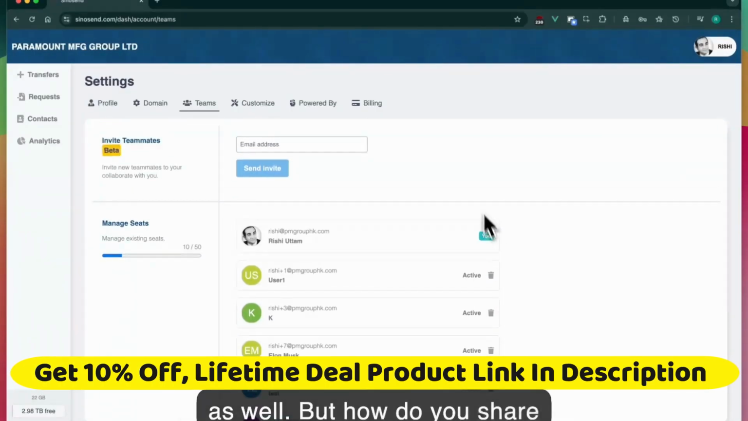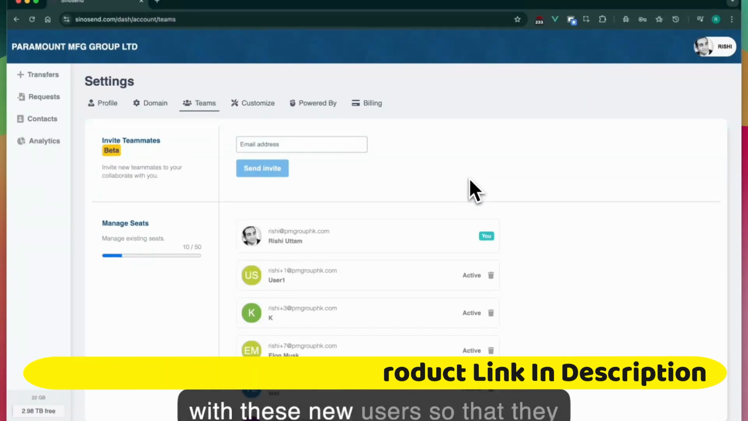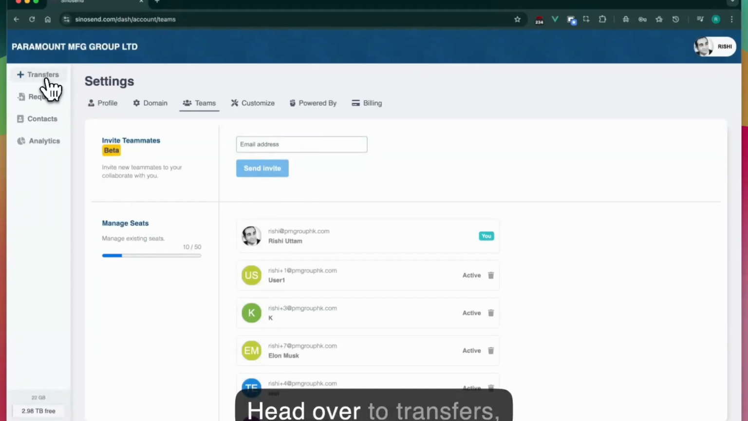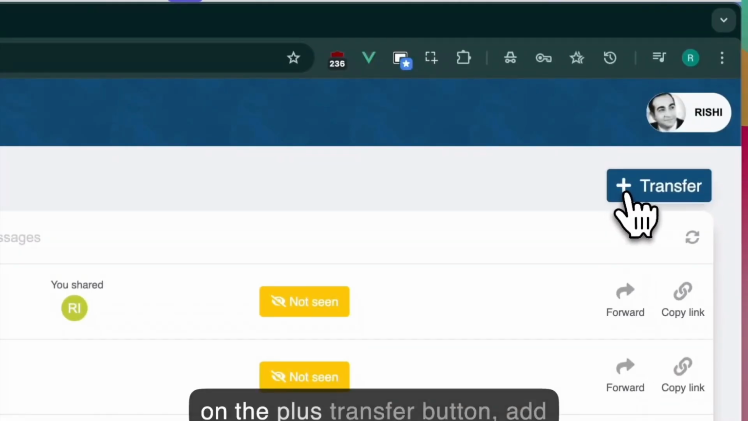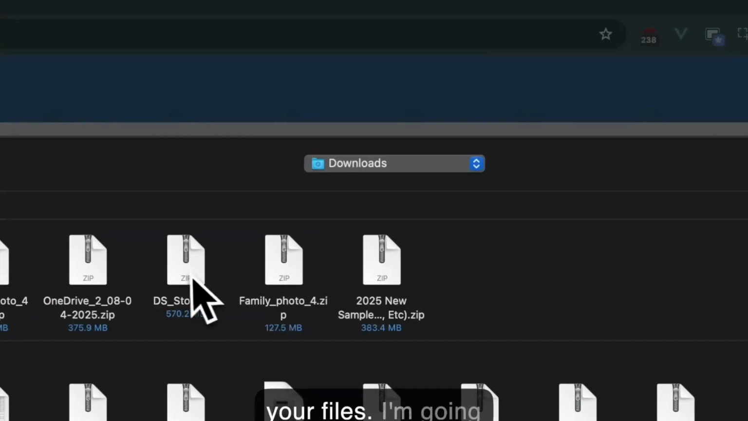But how do you share files that you transfer or request with these new users so that they can see it in their dashboard? Head over to Transfers, click on the plus transfer button, add your files,